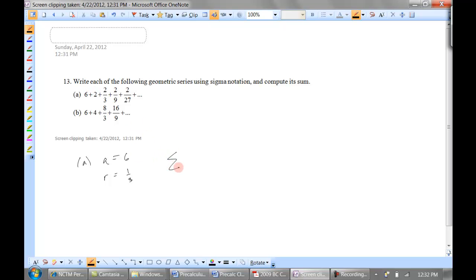So this could be written as the sum from n equals 0 to infinity of the first term, 6, times r to the n minus 1. Okay, and that would be the same as 6 plus 2 plus 2/3 plus 2/9 plus on and on and on, which, if we want to know what the sum is when we add that all up,